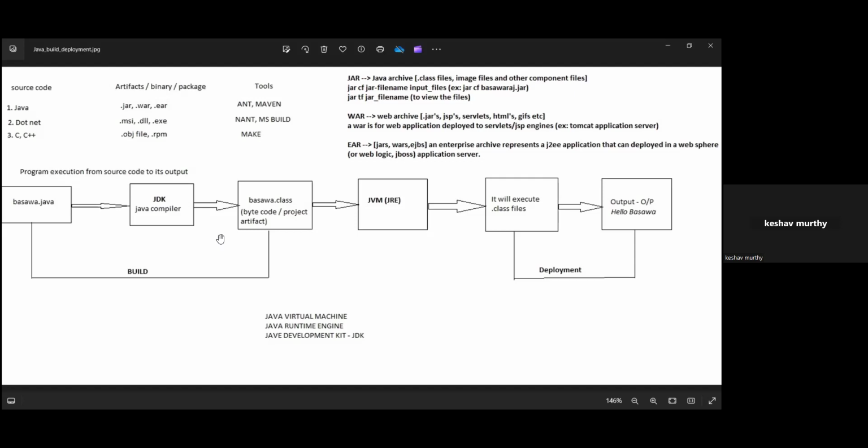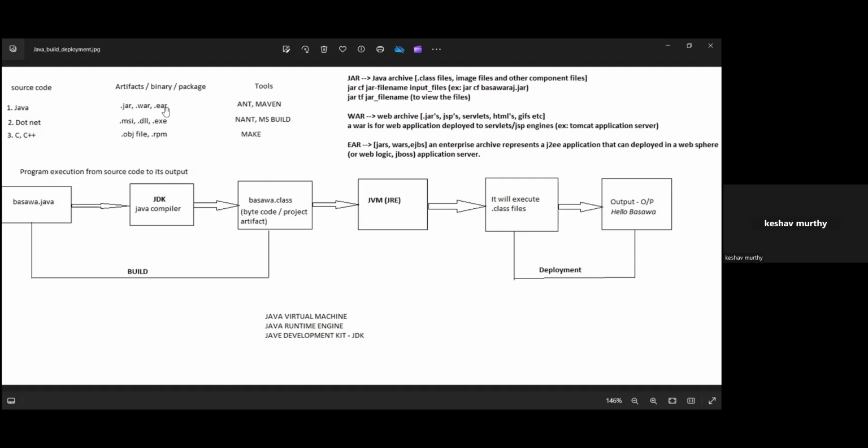So what we are going to do is archive them, or bundle them, as a single jar file, war file, or EAR file.